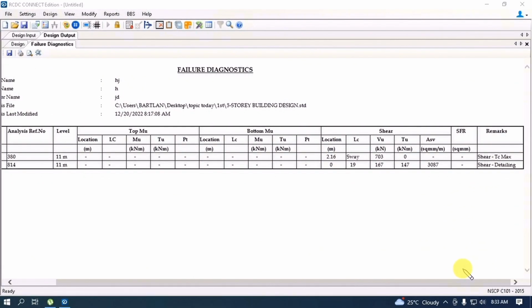This shear detailing can be sorted out by increasing the depth, or sometimes both width and depth, or sometimes width alone. TC max can be solved by increasing the size. However, if changing size is not possible like this,